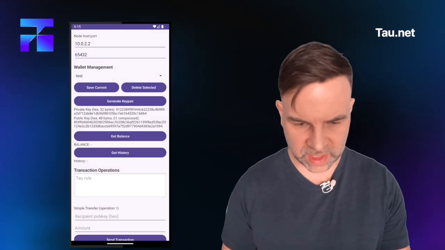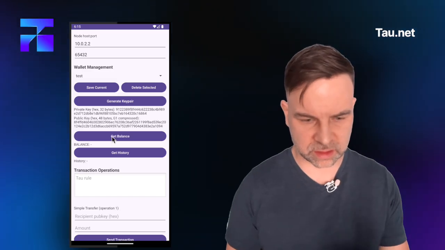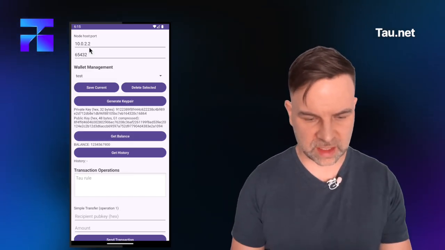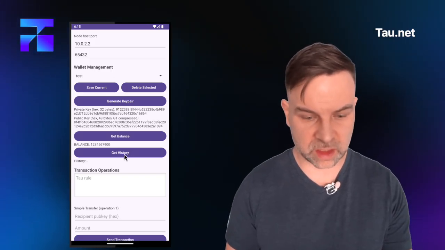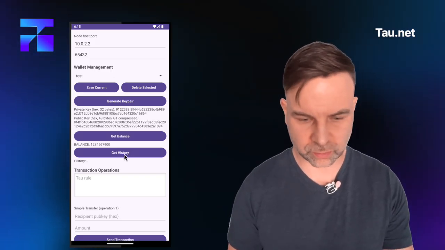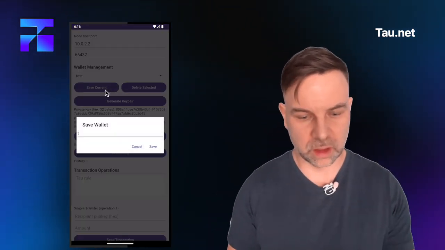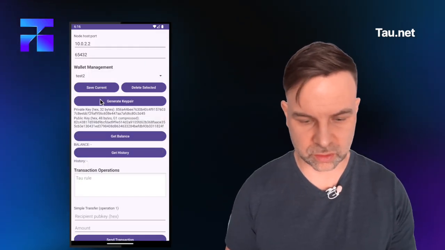Yeah, we have a wallet with a simple test wallet, and we can get its balance. Next, we create a new wallet by generating a key pair, and save it as a test2 wallet.